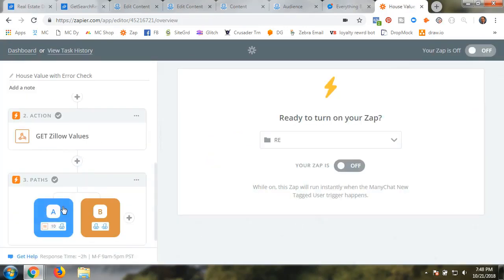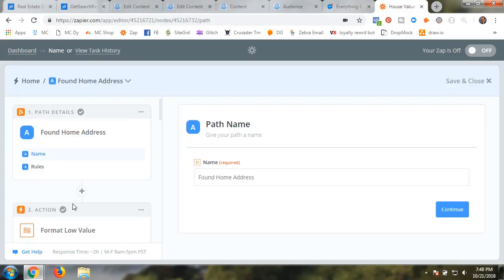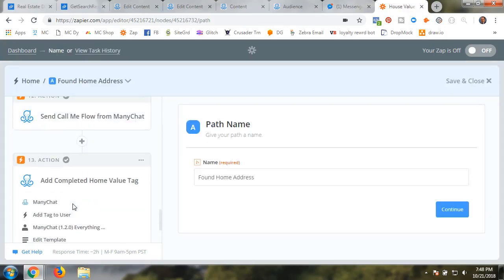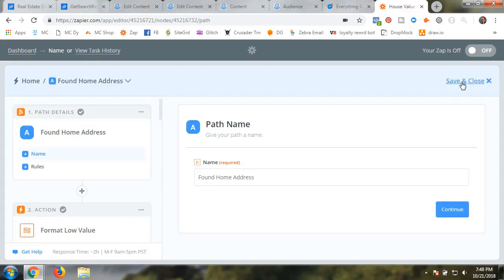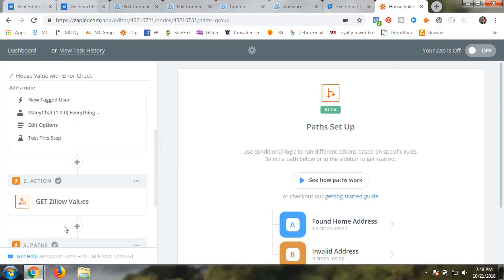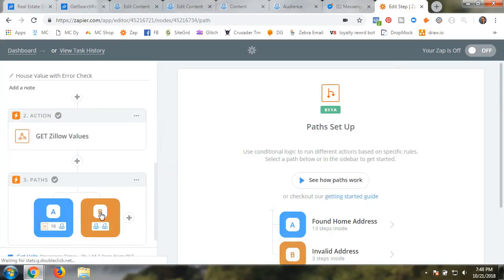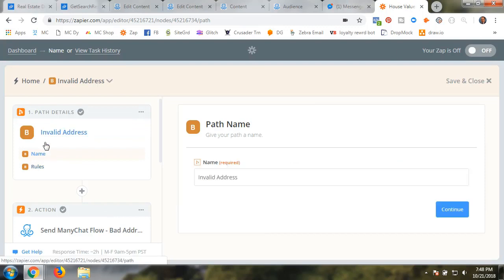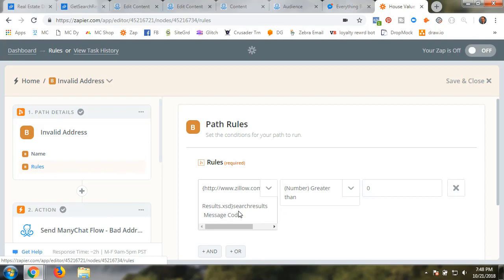So now we've completed path A. I'm just going to make sure that we've gone through them all. Yep. We've completed path A. We're going to save that. Now we're going to go to path B. And path B is named Invalid Address. The rule for path B is, again, we are looking at